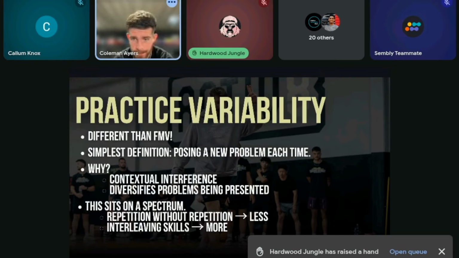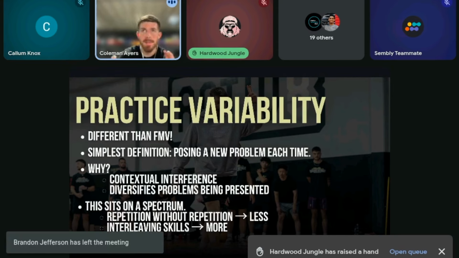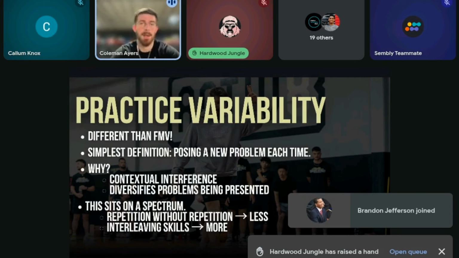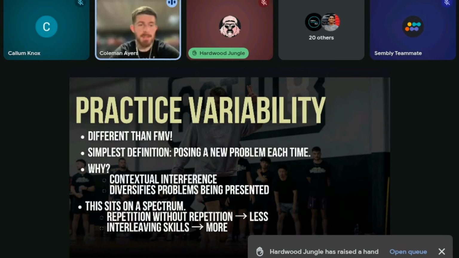Repetition without repetition is a good way to approach less variability, and the more repetition without repetition we get, the less variability we have, but can still be very healthy. And what I mean by repetition without repetition is that we are repeating the same thing over and over again, but in a way with different constraints that allow athletes to find different solutions every time, right? So this could be the creativity constraints. In that one video I showed earlier where Jeff was attacking the closeout, and I go, hey, you're going to attack the same closeout every time, maybe a little bit different in terms of how he plays it. You got to choose something different on every rep, right?